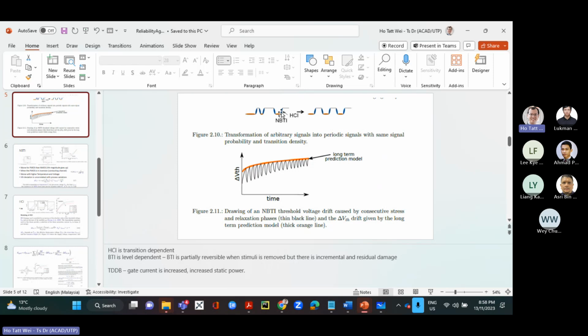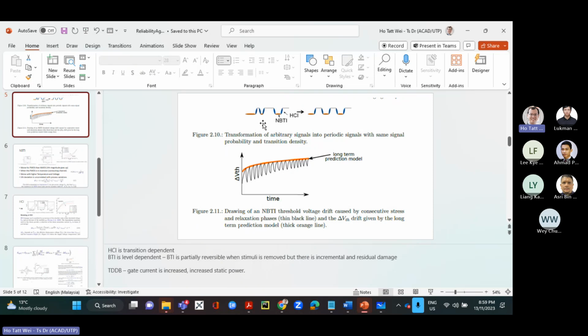HCI is a little bit more difficult to calculate, because the time that you are in stress is just the time of that transition over the whole period. But here's where you can look at some data on the slew rate. Slew rate is how fast you go from logic 0 to logic 1, or logic 1 to logic 0. That's typically 5%, 10% of the clock period. So if you take the slew rate to be 10%, then 20% of the clock period is for transitions. So the worst case would be 20% probability, assuming a 10% slew rate of the clock duration.